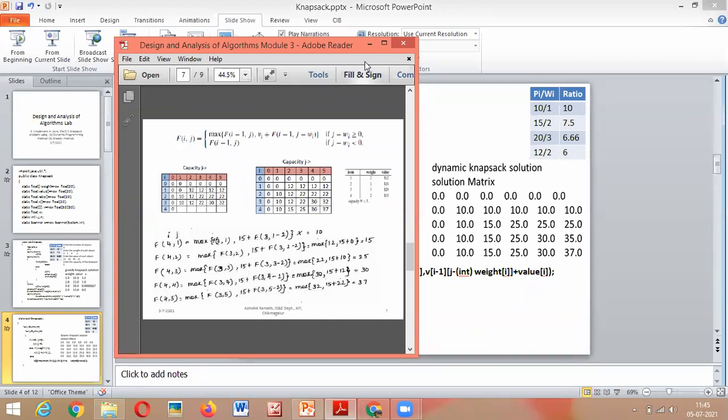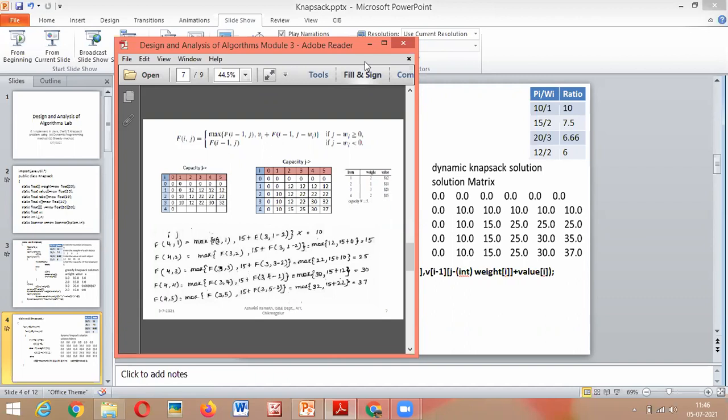You can notice that. Then in the second row, we have got 0, 10, 12, 22, 22, 22. Here we have got 0, 10, 15, 25, 25, and 25. In the third row, we have got 0, 10, 12, 22, 30, and 32. In this, we are getting the same answer. Solution is same. Only the values in the table are getting changed.